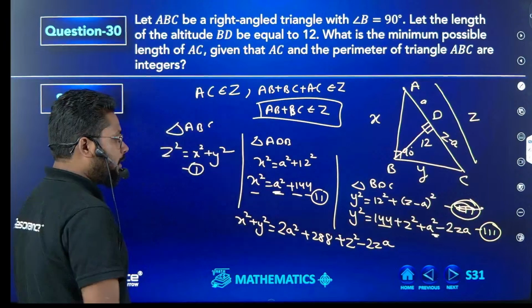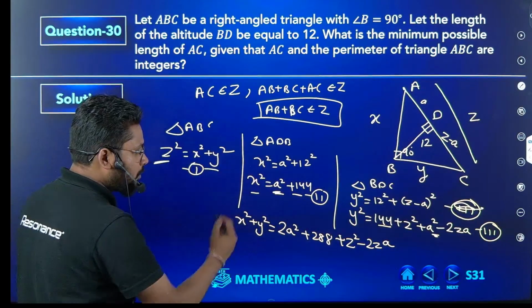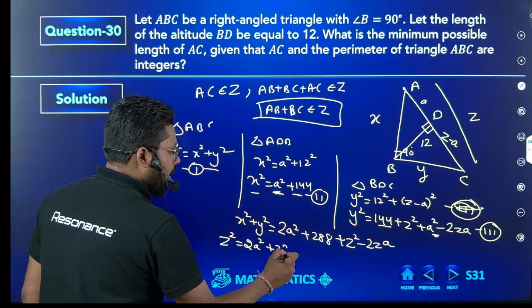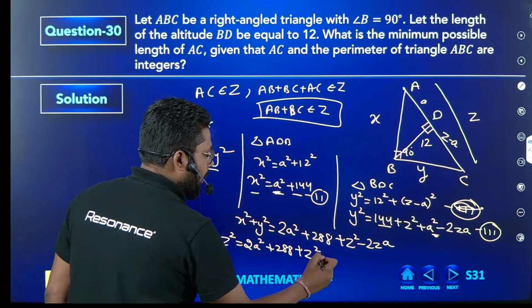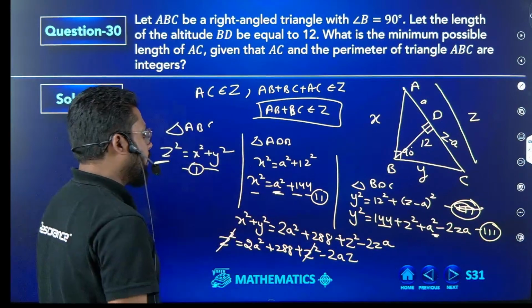Okay. Now from equation number 1, x square plus y square is z square. So I will substitute this. So z square equals 2a square plus 288 plus z square minus 2az. So z square will cancel each other. Okay. So now the equation is,